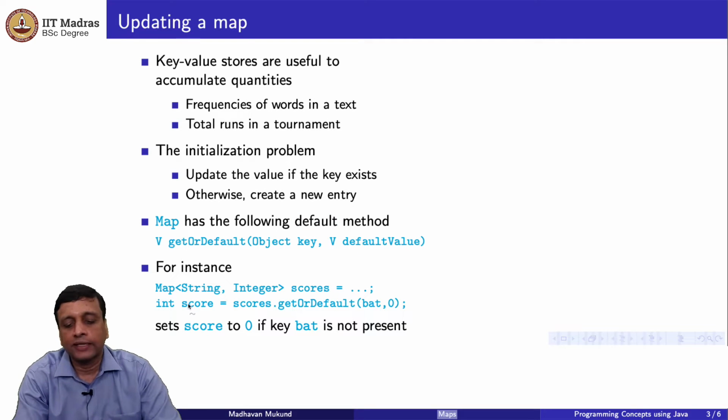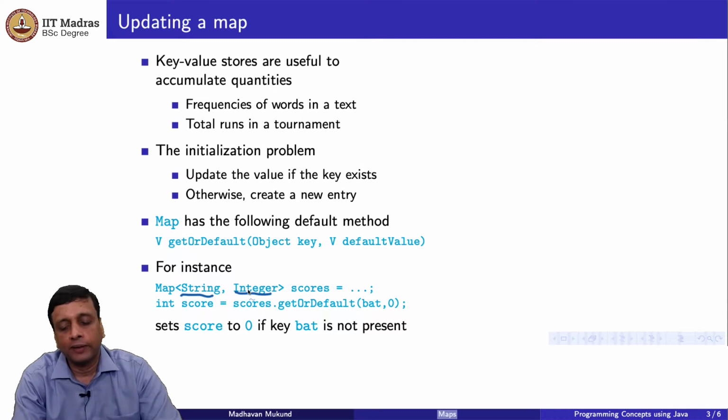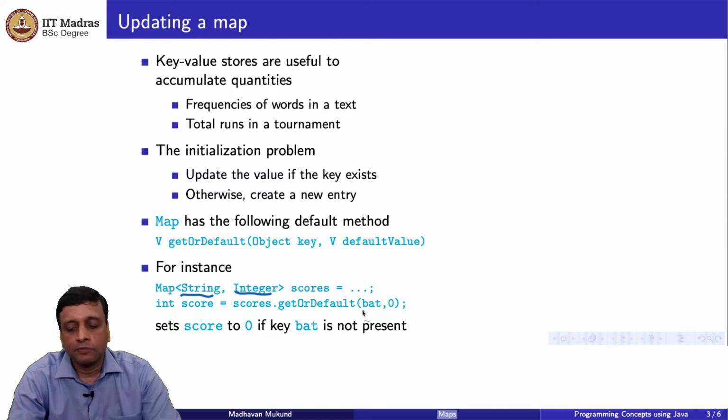Supposing I have a map, a dictionary, in which the keys are of type string and the values are of type integer. This may be the scores of a player in a tournament. So the string is the name of the player, and the integer that is associated with that is the total runs scored by that player so far. Now if I pass a particular player's name, a particular batsman's name, bat,